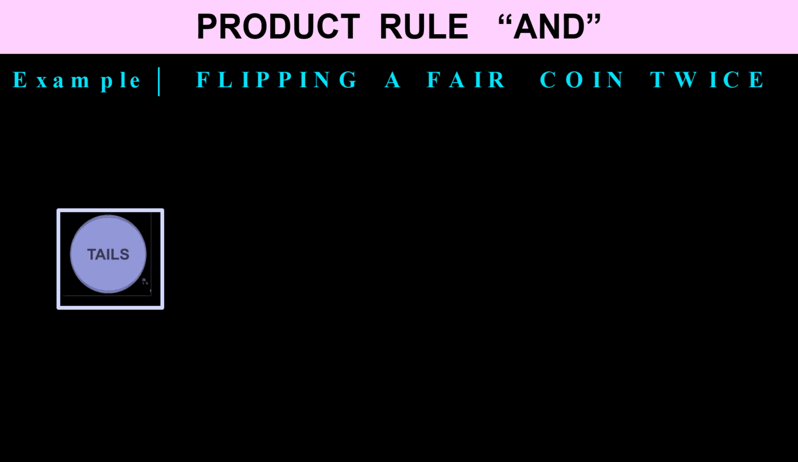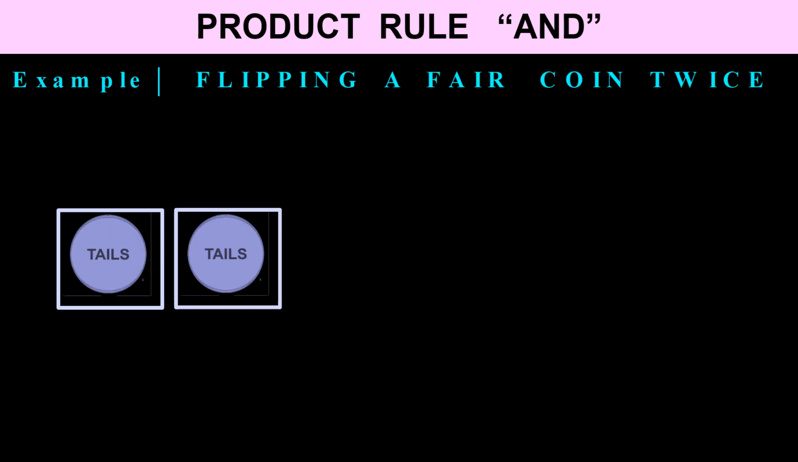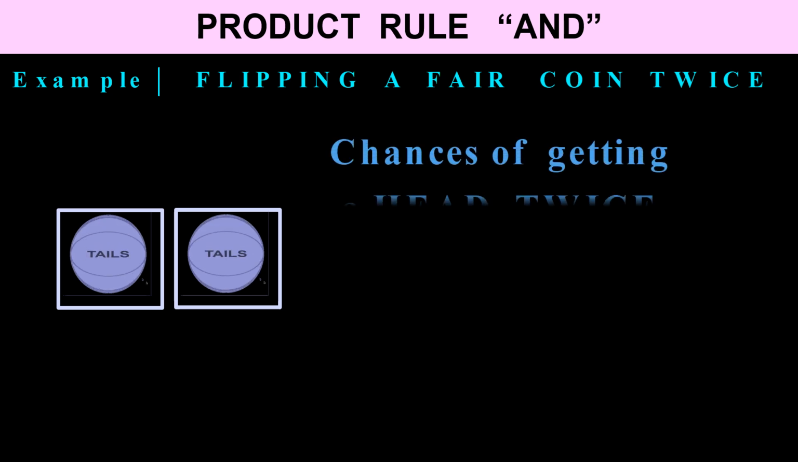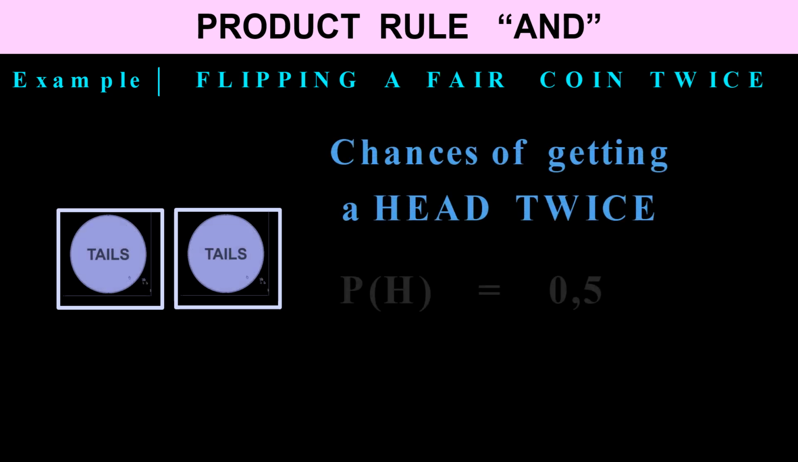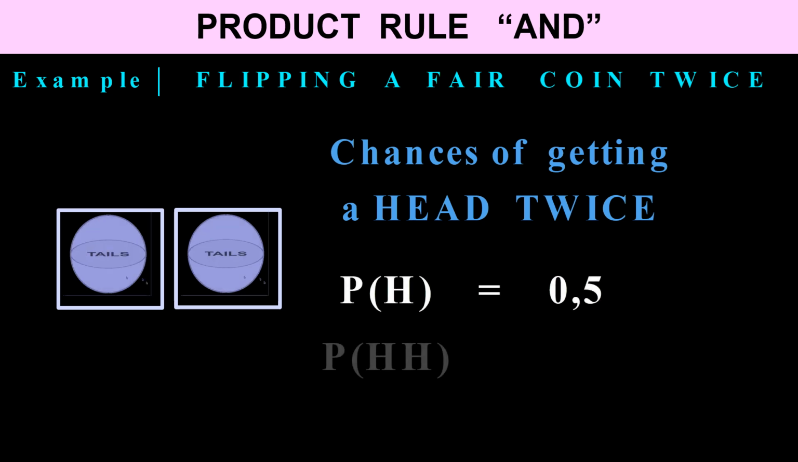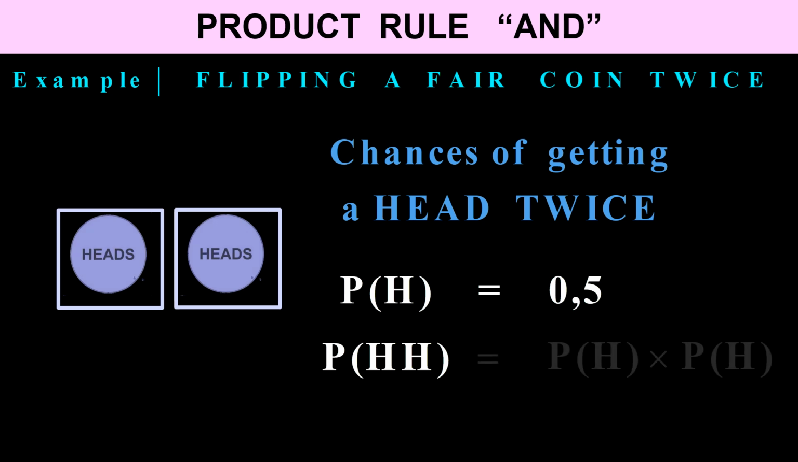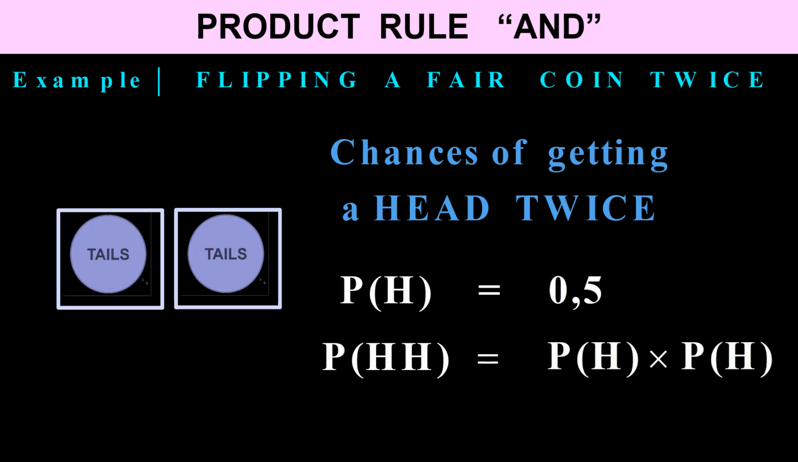Now, let's look at the example of flipping a fair coin twice. So there we have one coin, and then we're going to toss it the second time. Okay? So the chance of getting a head twice: if the probability of getting a head is 1 over 2 or 0,5, then the probability of a head and then thereafter another head